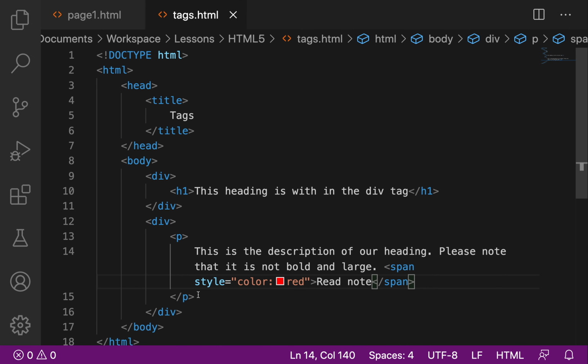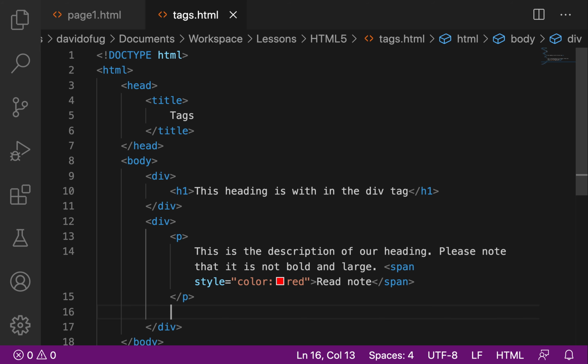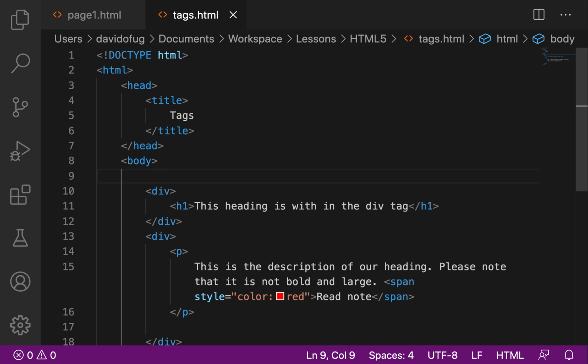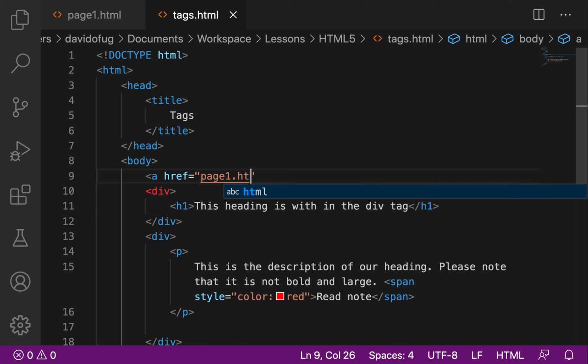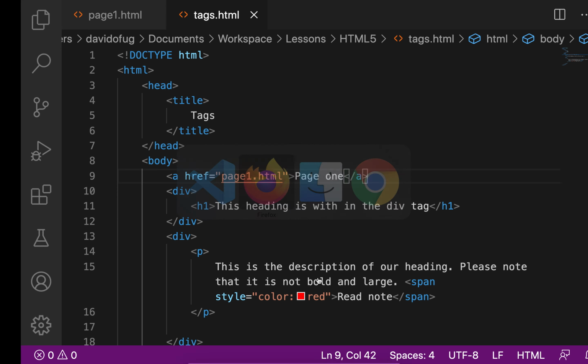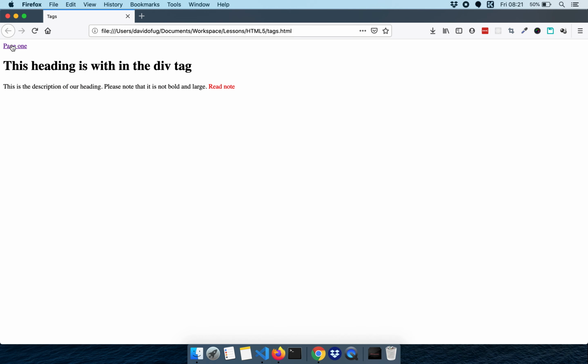All right, let's continue. We can look at another inline tag, the A tag, which is called the anchor, and it's used to create links in web pages. For example, let's see how we can bring page 1, which we wrote in the previous part, to this document. So we shall put it at the top here and say a href. Don't worry about this that I've not explained. I'll explain in the subsequent videos. So let's go to our page and preview. So you see here page 1, and it has appeared at the top